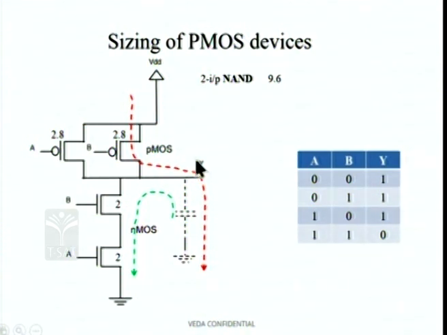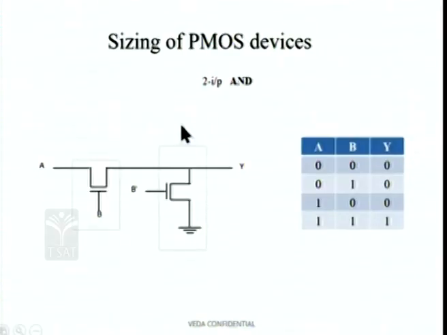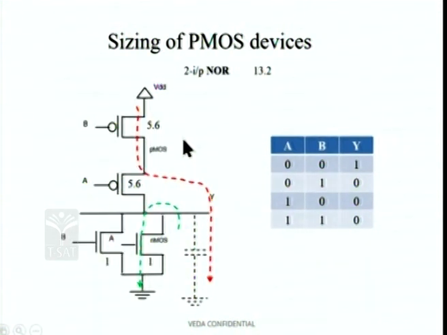We all know that a NAND is a universal gate. Therefore, any logic function can be implemented using NAND or NOR. Now, we will see as we go along that we will look at this 2-input NOR gate. Now, what happens here is, now the N devices are in parallel, whereas the P devices are in series. Now, if the P devices are in series and in an inverter the P device was a size 2.8, in a NOR gate, it has to be 5.6 because these two are coming in series.